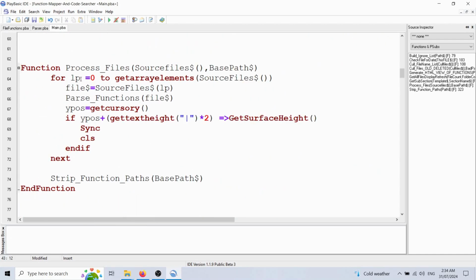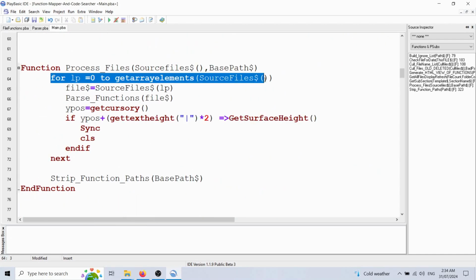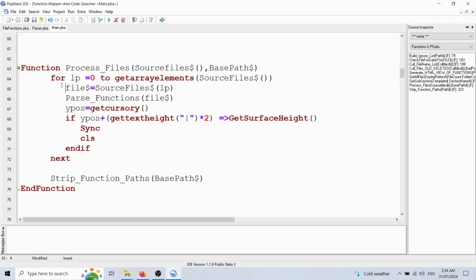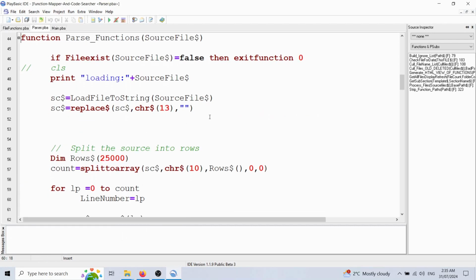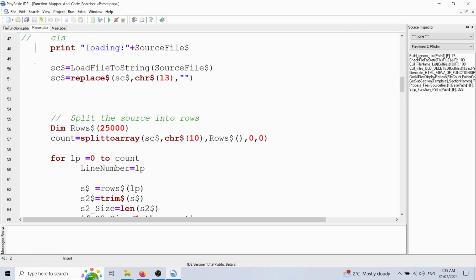So here we have a very simple function. We're going through the array, grabbing the file name, trying to load the file, and that's what does the work. Then we're just displaying this to the screen so the user has something to look at while it's doing this job. The phrase function here does the work where it discovers the functions inside the file. We'll take a look at it. So, do we exist? If we don't, return, who cares? Display loading, load the source code into a string,